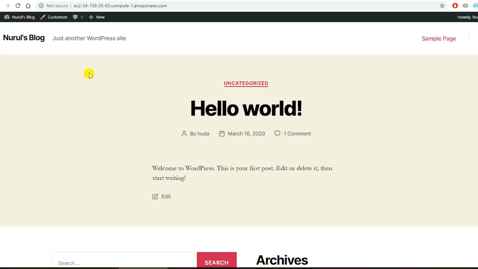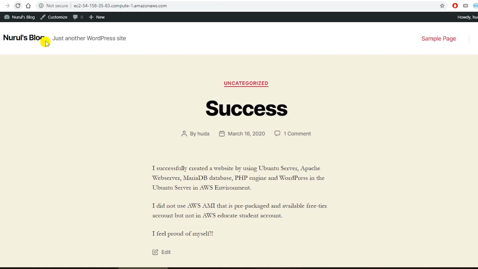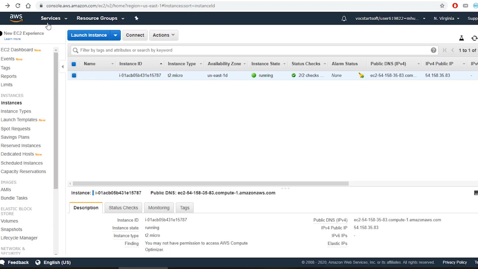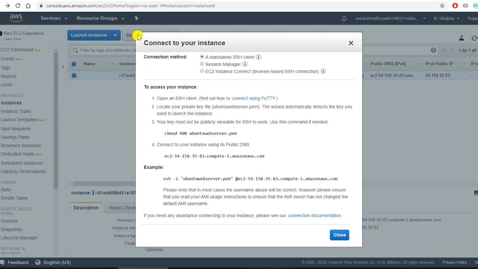I will go back to the home page and refresh the page. You can see the page has been updated. Now you see there is an edit option because I'm logged in the back end, and this session is recognizing that I'm logged in. Once I log out from my account, I can log out by going here and then log out. Now I can close this tab, go to the EC2 instance, open the connect and get the public DNS, and